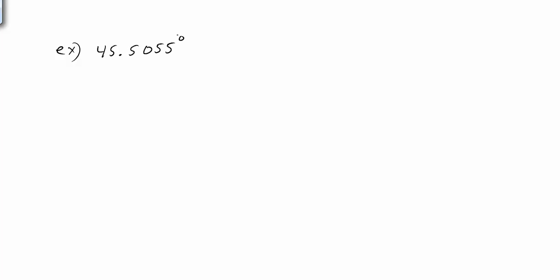45.5055 degrees. So here's our decimal for degrees, and we can kind of estimate where this is going to fall, hopefully. We know that right in the very middle of 0 degrees and 90 degrees, this would be 45 degrees. So if this was 45 degrees here, then we know that this 45.5055 is going to be just a little bit bigger than that. Okay? Now, this is all in terms of decimals. And we want to change this